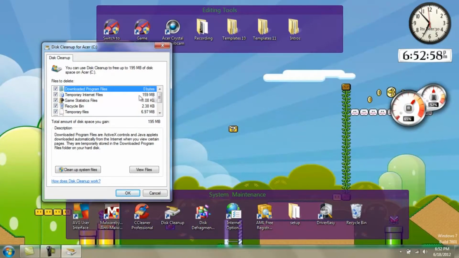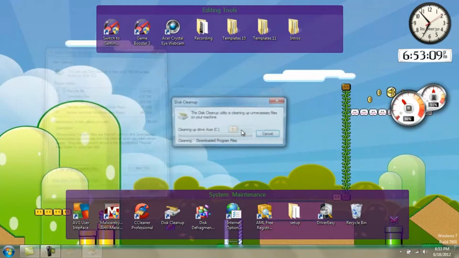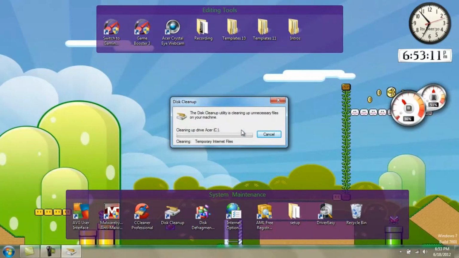Cleanup, just check everything if you want. You can choose to not delete your saved passwords, but I remember everything, so just check everything, hit OK, and delete. Also, if you want to delete your backups, if you have too many restore points and you want to clean those up,